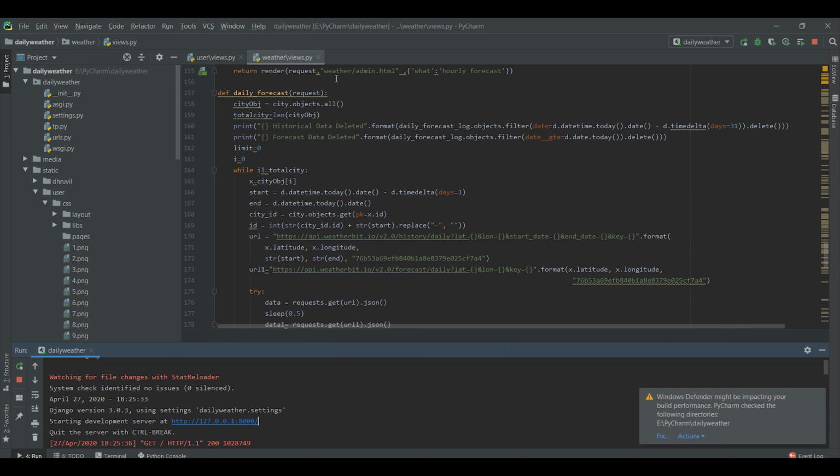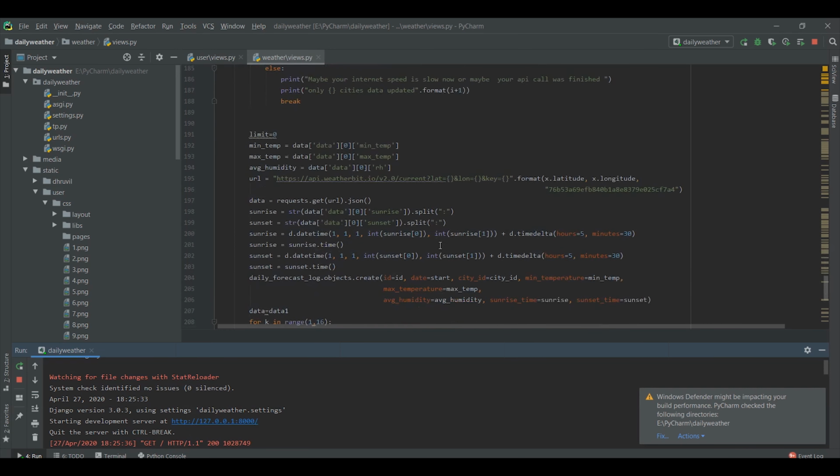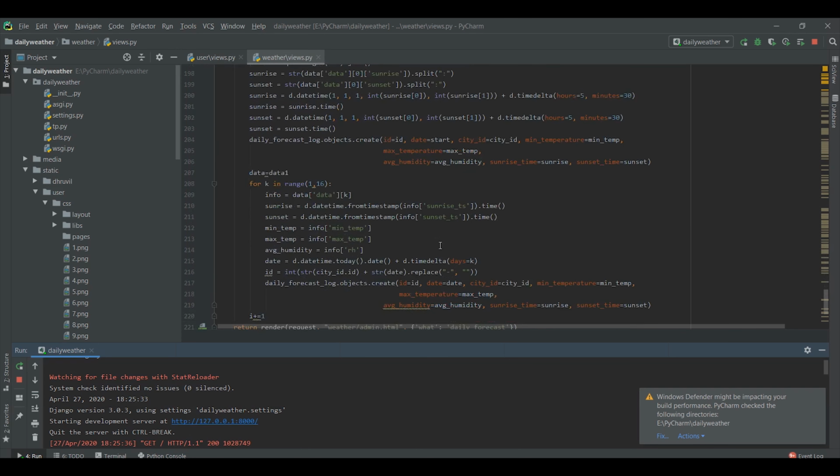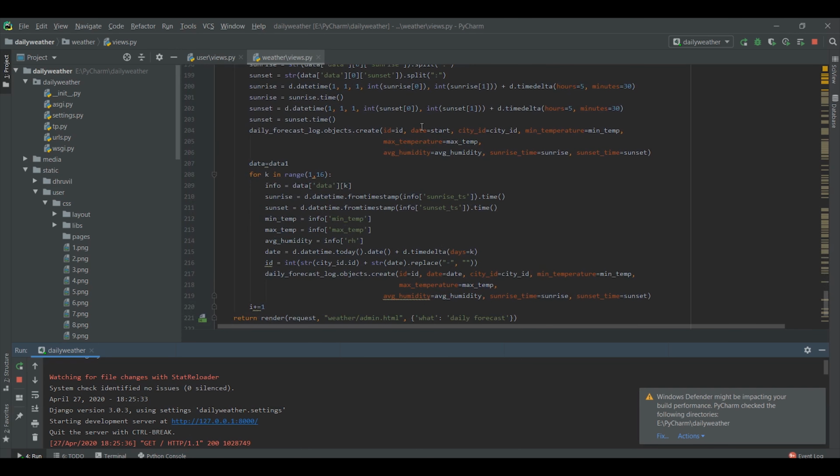This query is for retrieving all city objects from the weather city table. From this first API call with city latitude and longitude, we can get yesterday's historic data. And from this second API call with city latitude and longitude, we can get 15 days forecast data. Now, this query stores yesterday's historic data, and this second query stores 15 days forecast data in the daily forecast